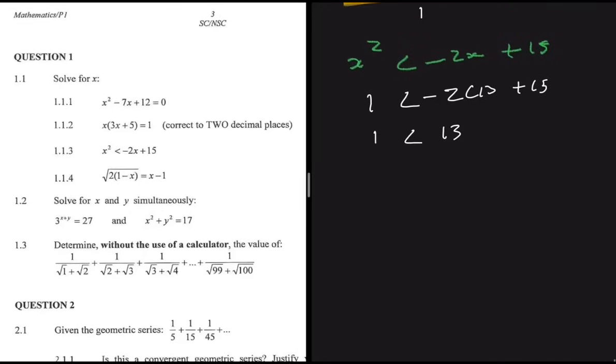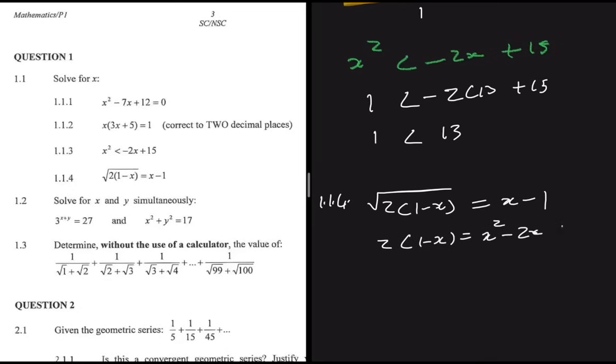And then 1.1.4, we have the square root of 2 multiplied by (1 minus x) being equal to x minus 1. So it's easy to see here that we can square both sides to get rid of the square root, right? So we're going to get 2 multiplied by (1 minus x) being equal to x squared minus 2x plus 1,